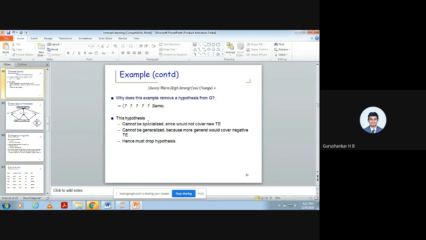So why is the example removed? This hypothesis cannot be specialized since it would not cover the training example, and it cannot be generalized because a more general one would cover the negative training example. This hypothesis covers the negative training example, hence we must drop the hypothesis. Then